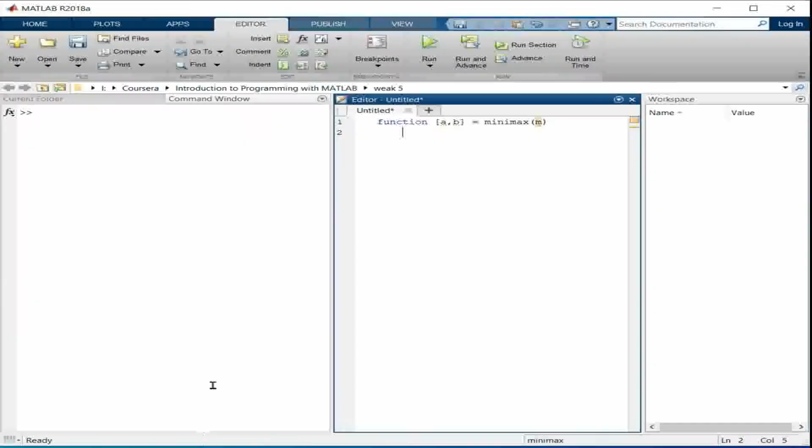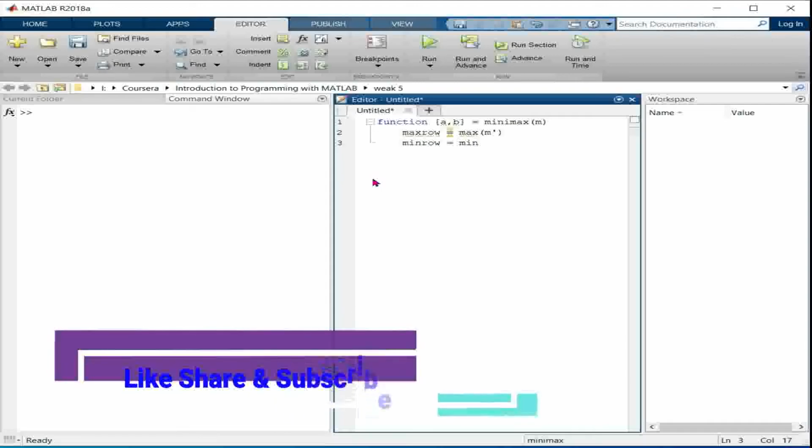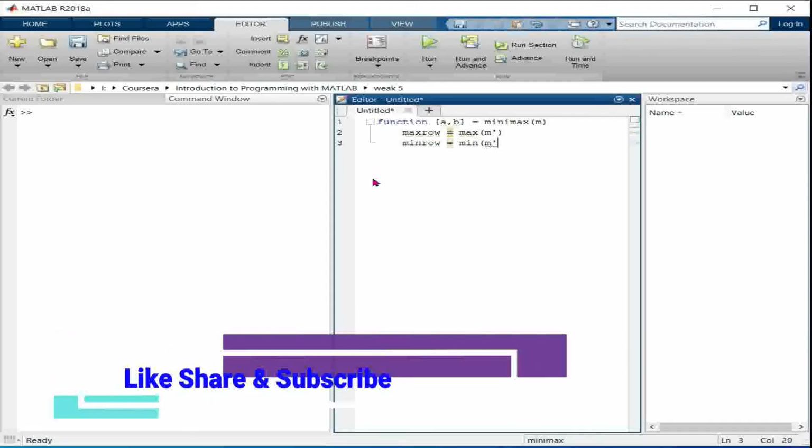The maximum for the row, we can say max row, is equal to the maximum of M dash. After that, the minimum of the row, min row, is equal to the minimum of similarly M dash. Till the time it is okay.